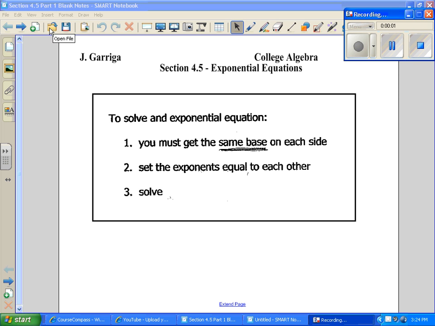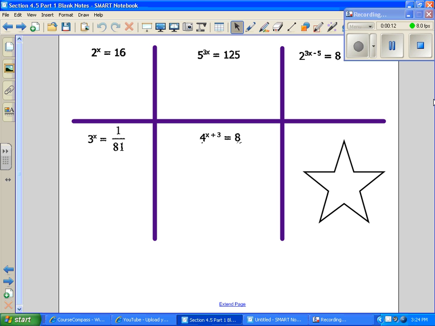In section 4.5, we're going to be looking at exponential equations. To solve, we must get the same base on each side, and then we're going to set exponents equal to each other. So when we look at this, we want to be able to rewrite them with the same base. So this is a base of 2. Can I rewrite 16 with the base of 2? 2 to the what power gives you 16? So we say 2 to the 4th. Once that happens, once our bases are the same, we set our exponents equal to each other, so we get